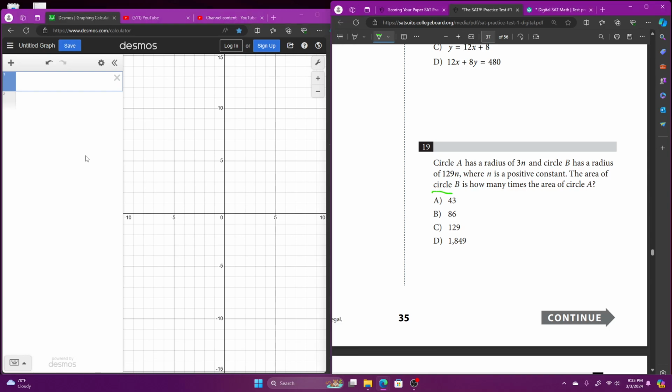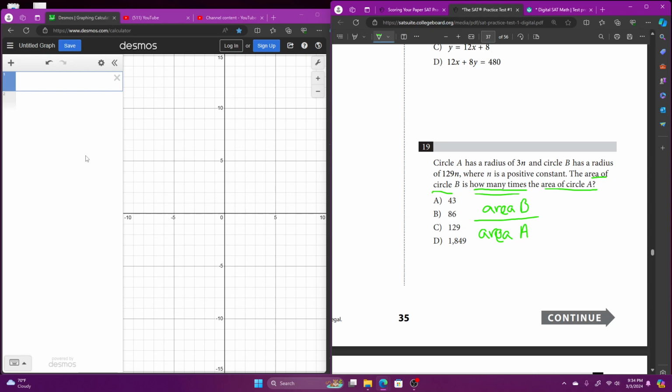So the area of B divided by the area of A. And if you look on the reference sheet, I X'd out of my Bluebook, so I